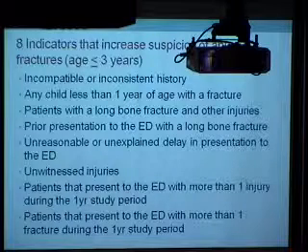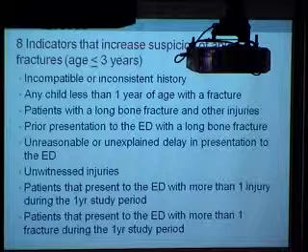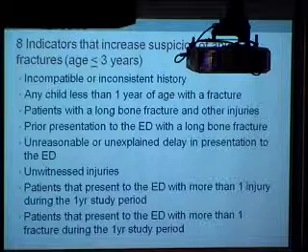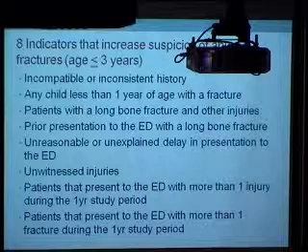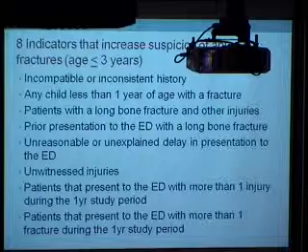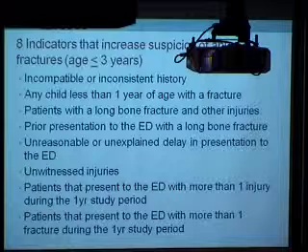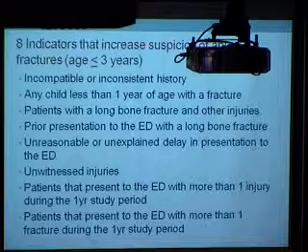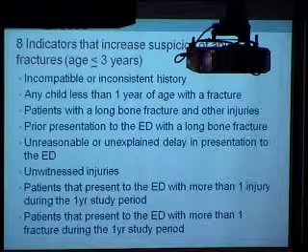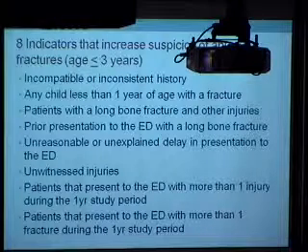This group was from Sydney Children's Hospital, and they were trying to sort of get at the same question as well. And they made a list of 8 indicators that they said would increase suspicion of abusive fractures. So in my mind, that means you put it in your differential diagnosis. But this is their wording. So what they did is they took a fair amount of literature from the late 1990s with fractures in kids 3 years of age and less. They put it together and they said, okay, these are 8 indicators that should be red flags that we need to look into this further.